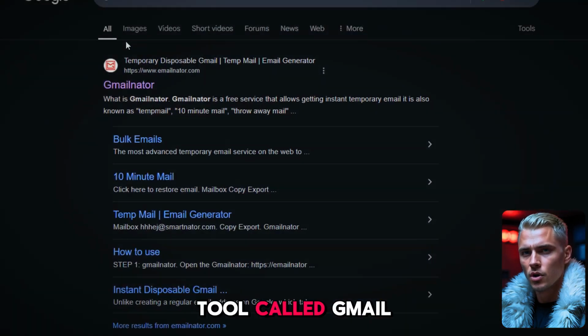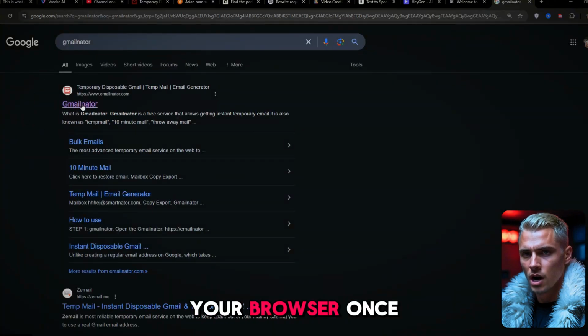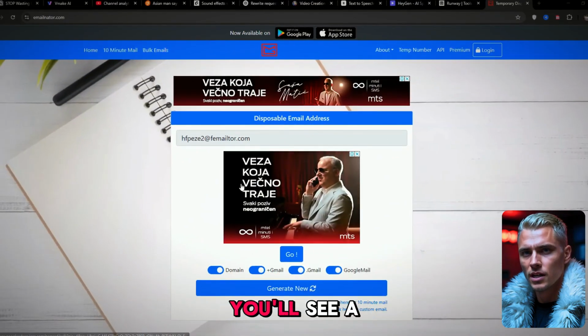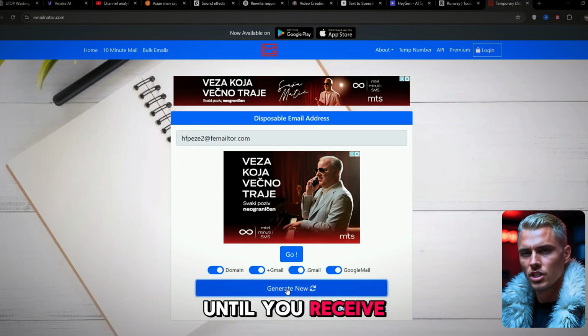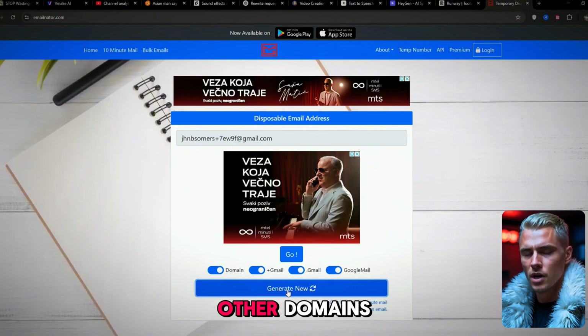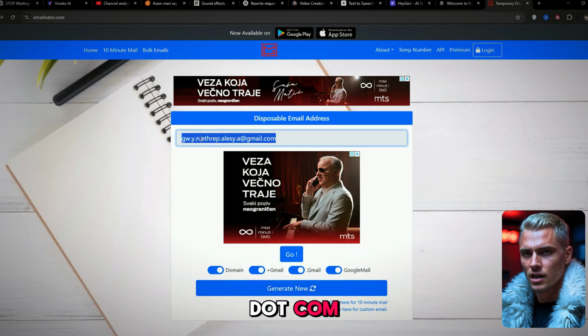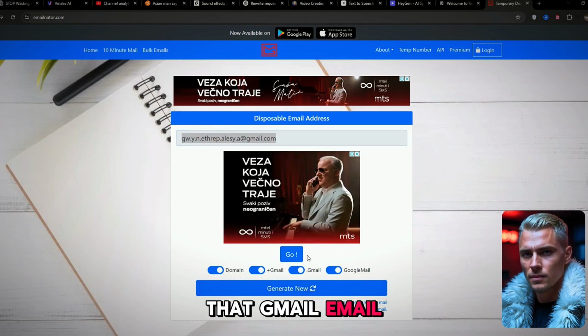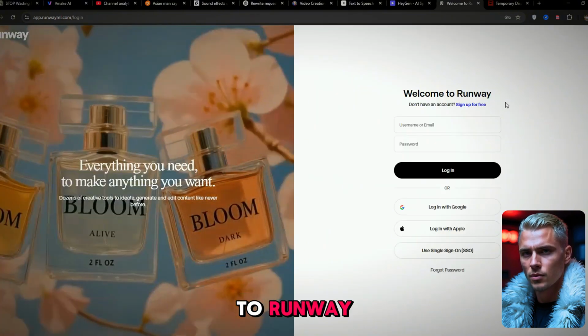Instead, use a tool called Susscr. Just search for Susscr in your browser. Once you're on the site, you'll see a temporary email. Click the Generate New button until you receive an email with a Gmail domain. AI websites typically don't accept other domains, so keep regenerating until you get one that ends in @gmail.com. Once you have that Gmail email, click on the Go button, copy the email address, go back to Runway, click